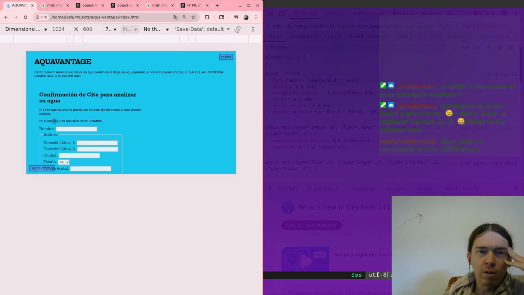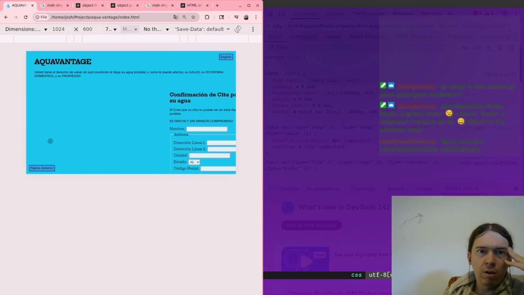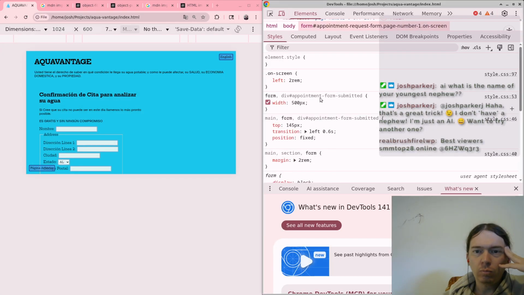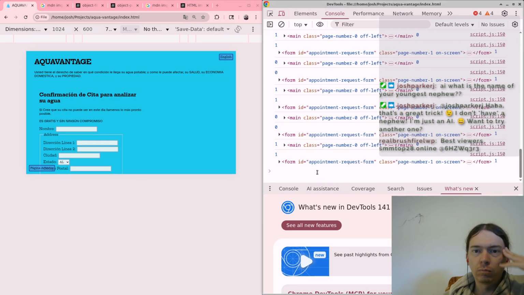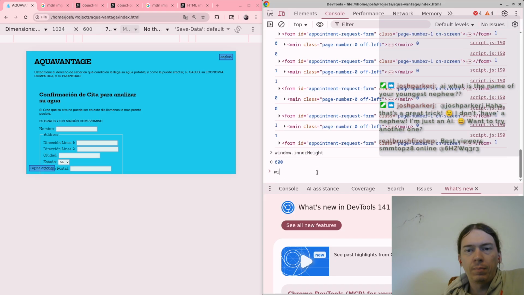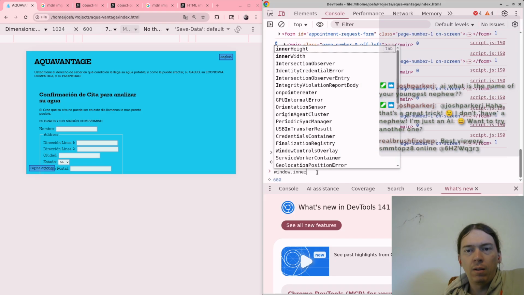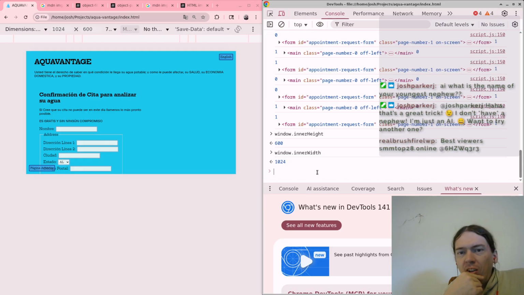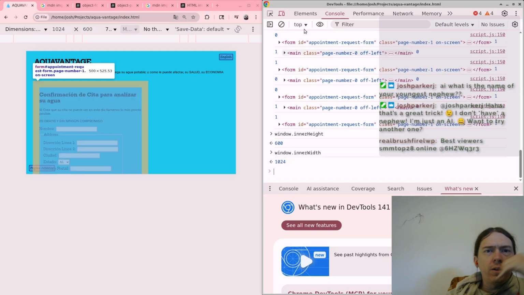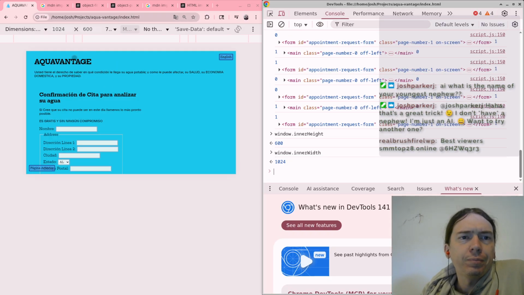Uh-oh. Okay, so here we have landscape orientation, but it's just really small, right? It's only 1024 by 600, so that's quite a small one. All right. So for this one,